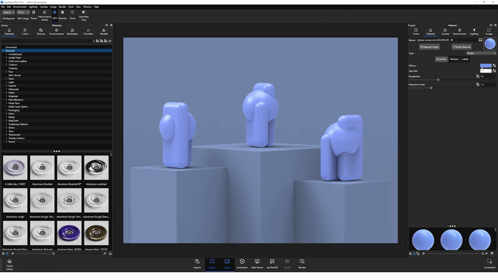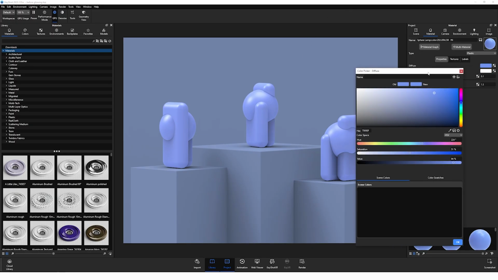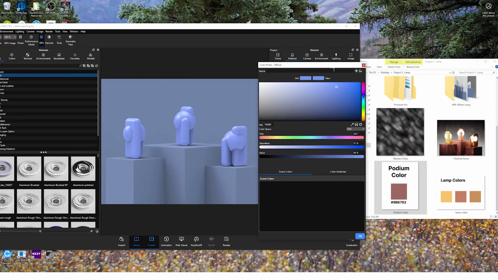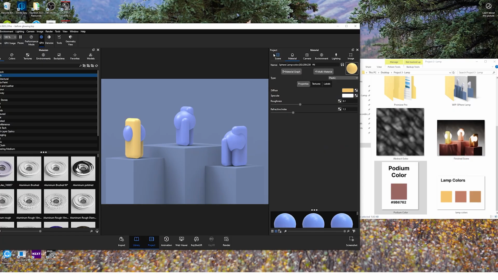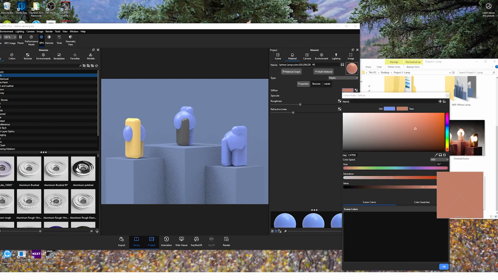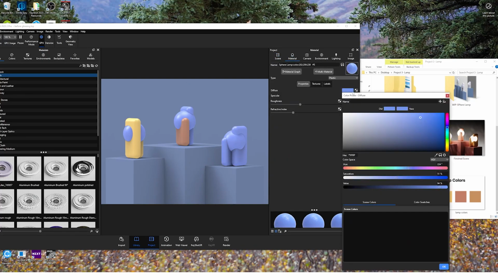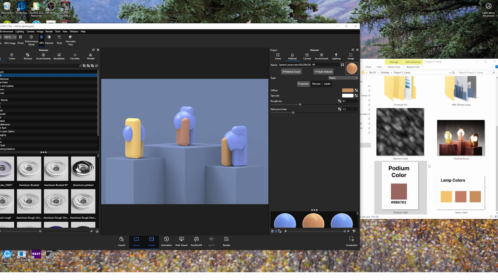I'll double click, open the diffuse box once again, and actually drag this whole interface over to show off a feature in KeyShot, which is that you can use the color picker tool with this eyedrop and select a color outside of the interface. I'm going to do that for the second lamp. Double click, choose this color right here, and finally, double click, choose this color right here. This is great if you already have an idea of colors that you want and you maybe have organized this